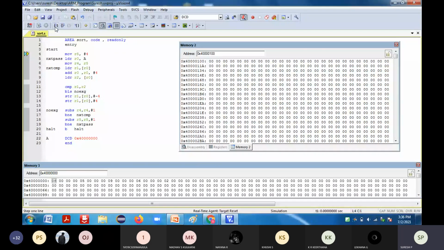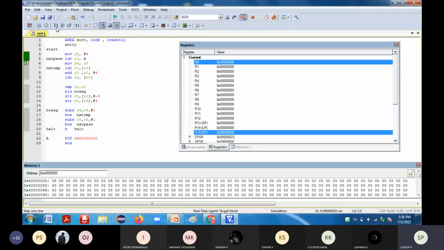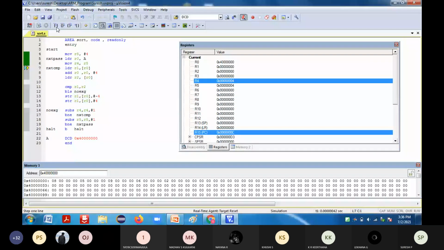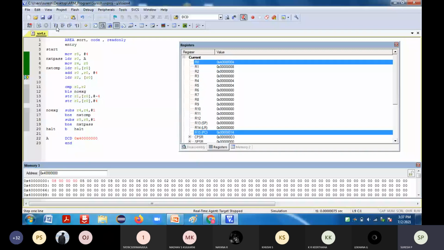So your MOV R5, 5. You can look into the contents. R0 contains the starting address, and R4 is 4. Next I'm going to load the data from here, that is first 8. You can see it in the red mark below the memory locations. That means it is going to fetch the data, 8, and store it. Next, it goes to the next location, which is 4004, and from 4004 it has to fetch the data. In 4004 there is 5.